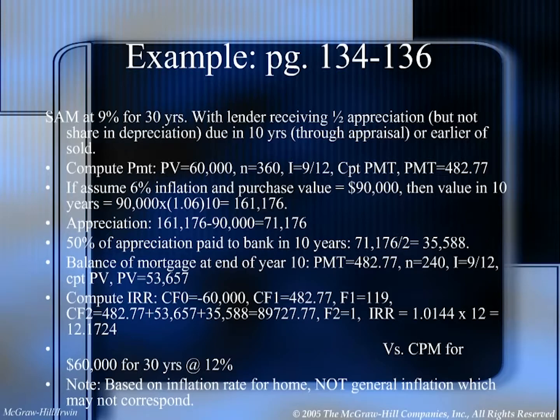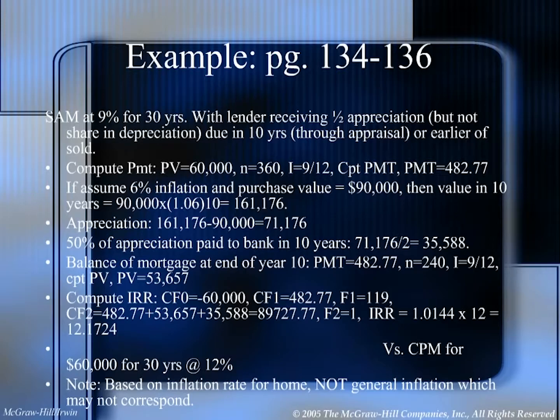So first we compute the payment, borrowing $60,000 for 360 months at 9%, and we get a payment of $482.77. Then they assume a 6% inflation, so the house grows at inflation. The house was purchased at $90,000, so we increase that at 6% to the 10th power. So it's 90,000 times 1.06 to the 10th. I couldn't find the superscript in PowerPoint there. And that goes out to the value of the property at the end of the 10th year